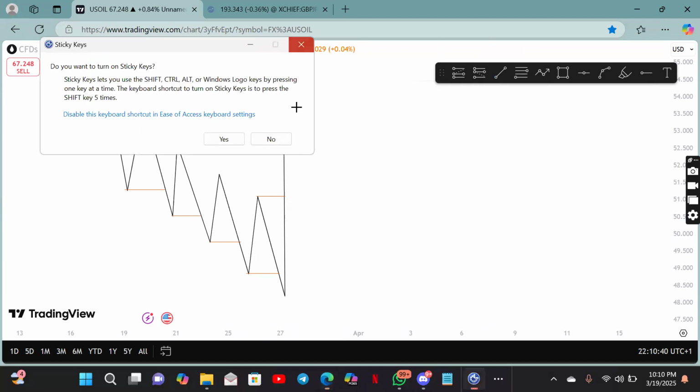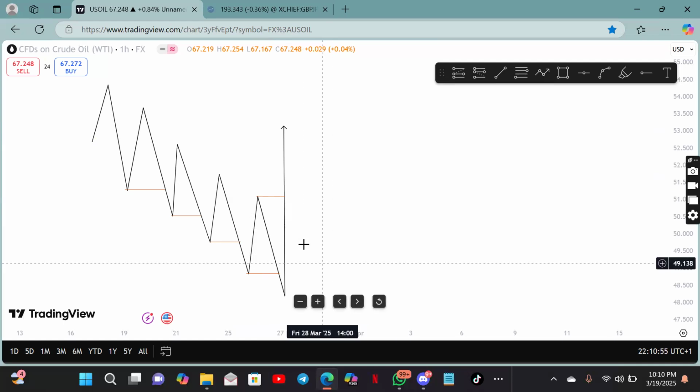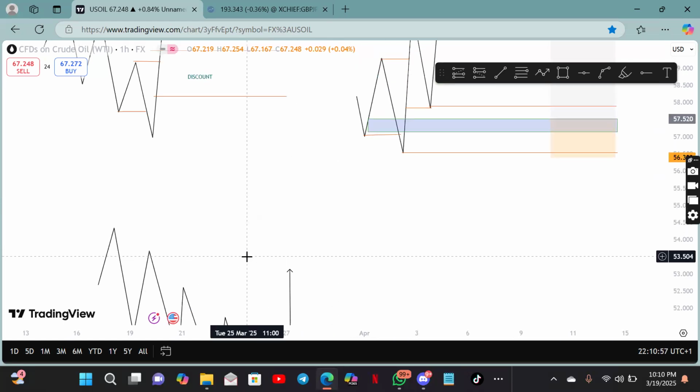But as you are looking for that sell, what happened? Your sell zone did not hold. It broke your sell zone up to break this high here. So automatically, what you are now looking for is a buy. And how you look for that buy is what I've explained here.